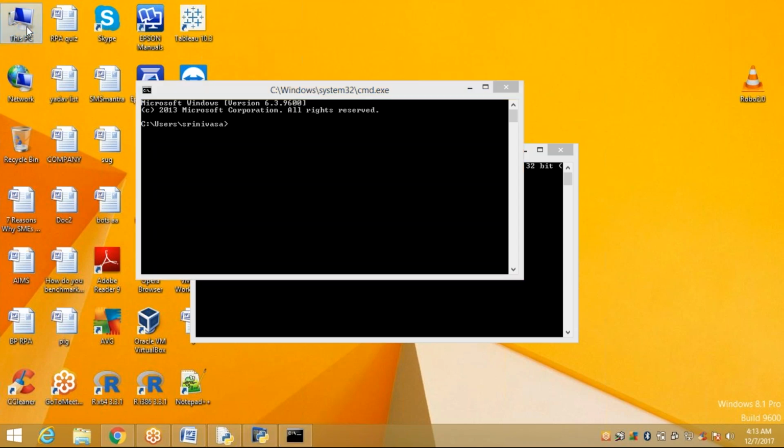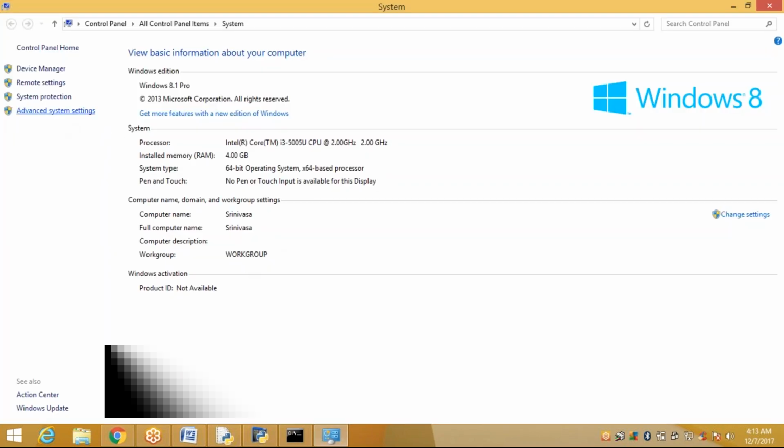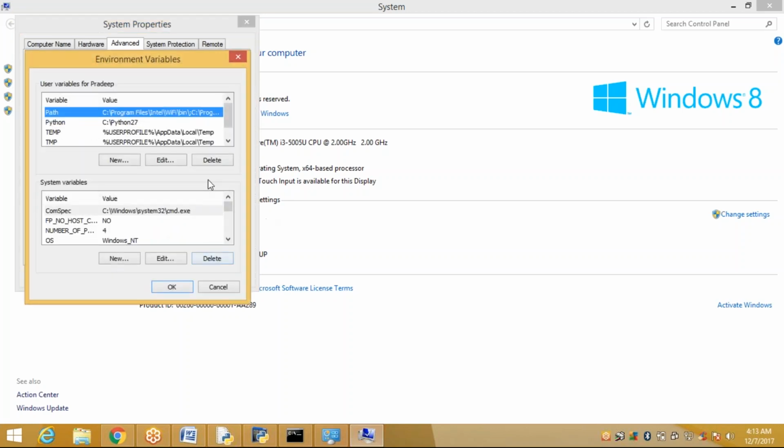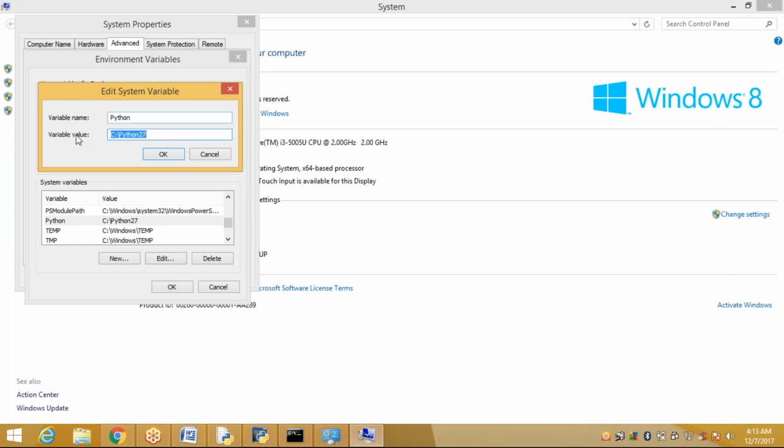Right click on the PC, properties, advanced system settings, advanced, click on environment variables, click on Python. Edit. Your variable name is Python, variable value is C:/Python27.